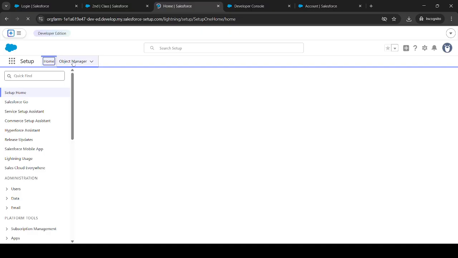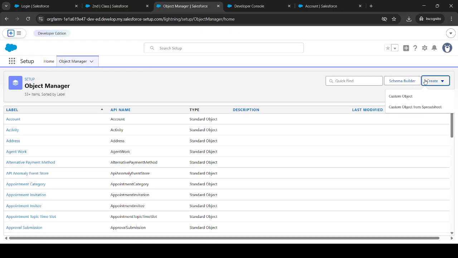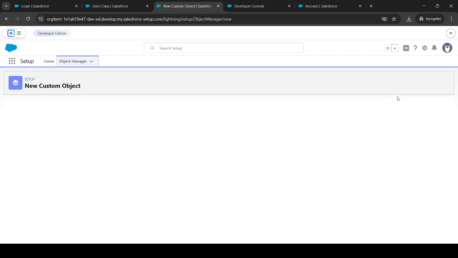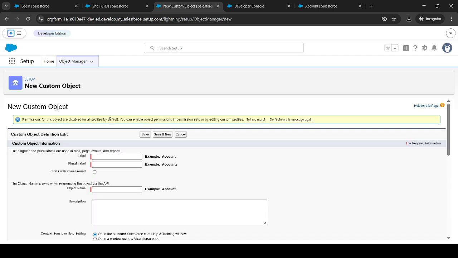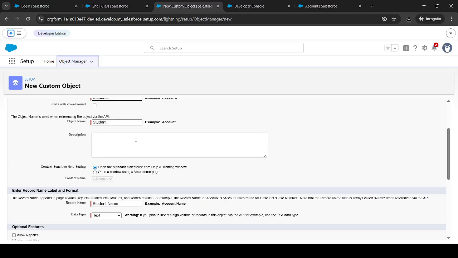We have to go into the setup and then go to the object manager, and there we get the option of custom object to create it. Here we can fill in the information: the object name is student, we have to fill the plural form for this, and for the description we can write, this is to store the student